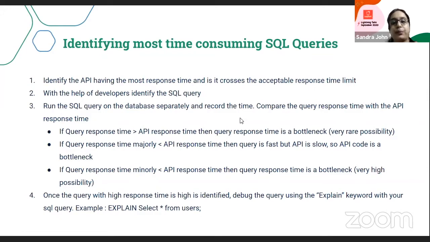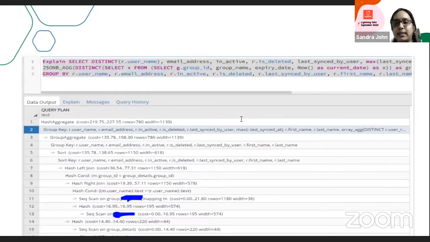So what we did is we analyzed the query further, and in the query execution, we were able to observe the spike in CPU utilization and the response time as well. So we knew that the issue did lie with the query. We used the explain keyword to break down the query and understand which part of the query was consuming more time.